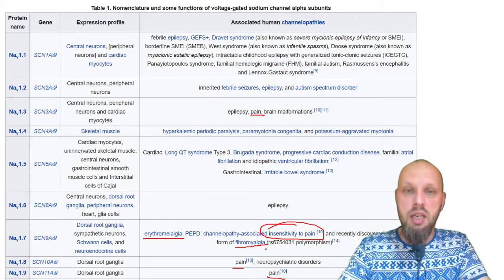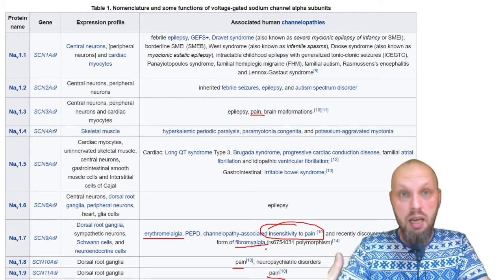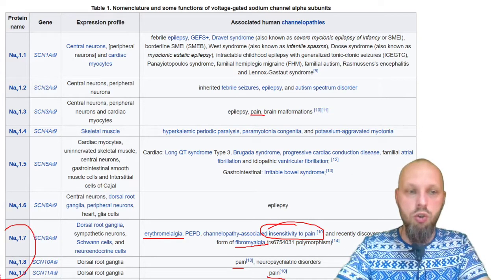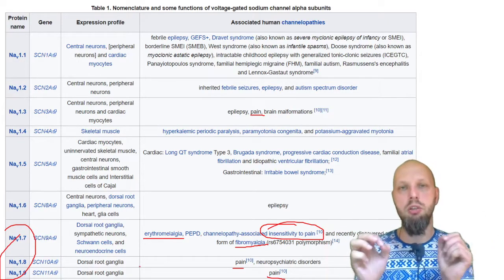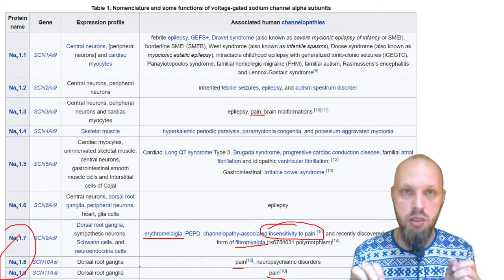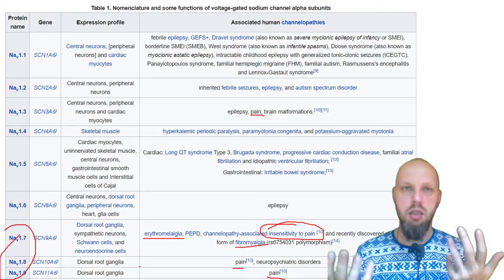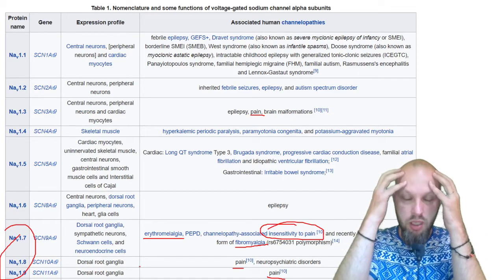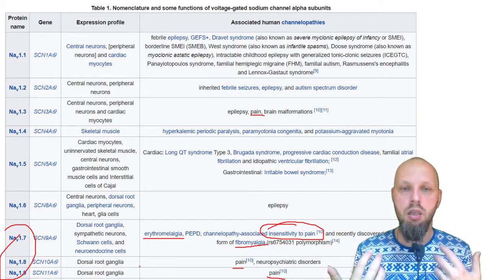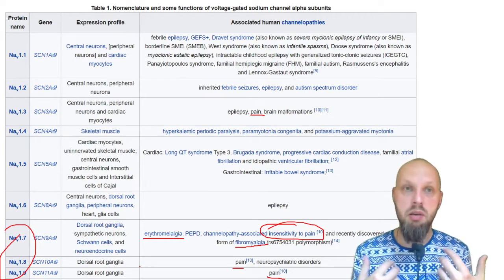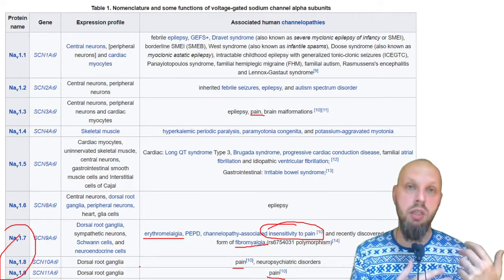So you can see that another typical thing that can happen is that there are several types of voltage-gated sodium channels that seem to be sitting in particular in pain processing neurons. And because of that, if only they are affected, then there will be no seizures and all the central nervous system will work properly. But pain processing and communication of painful events to the body may be affected